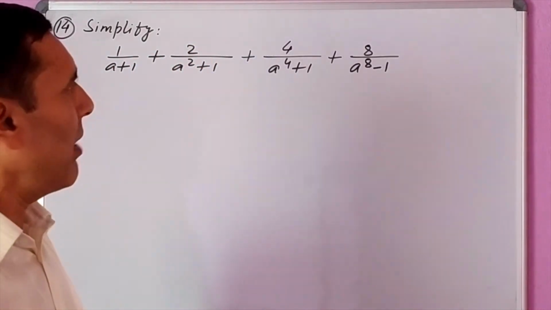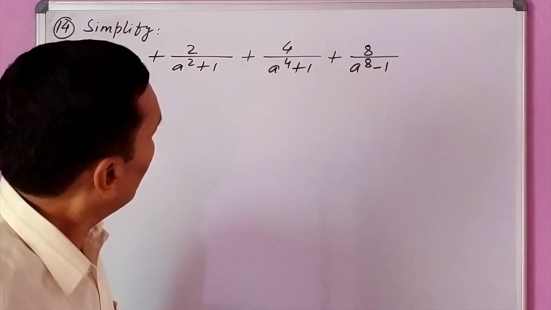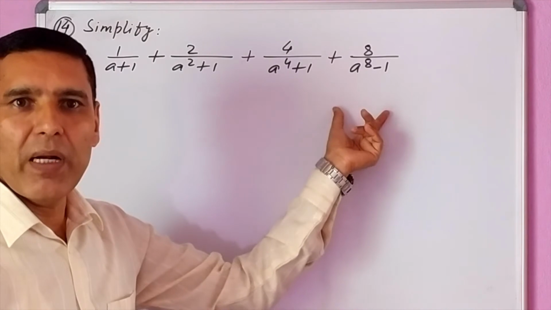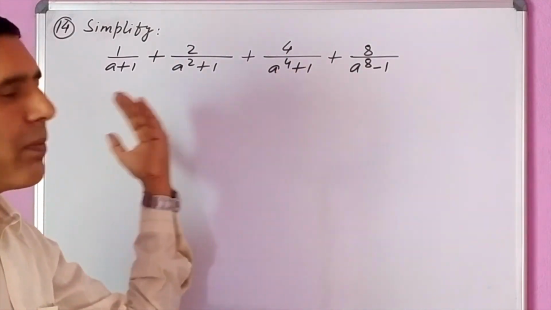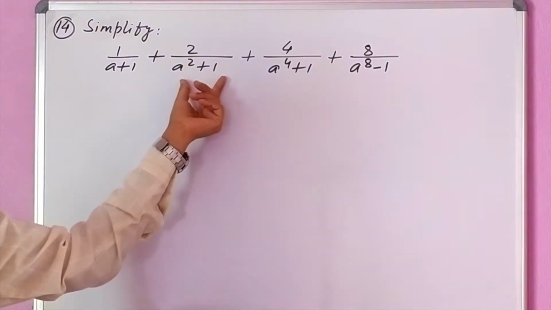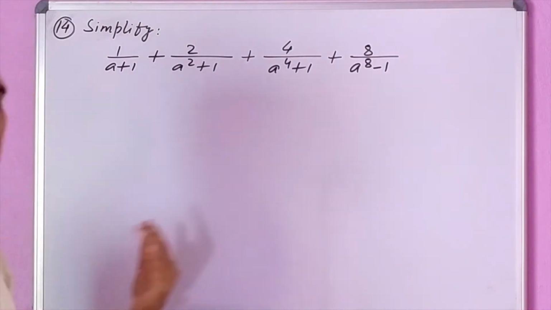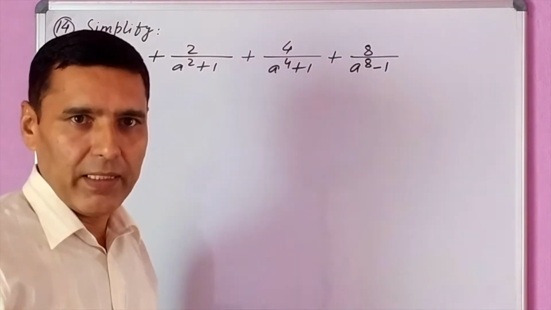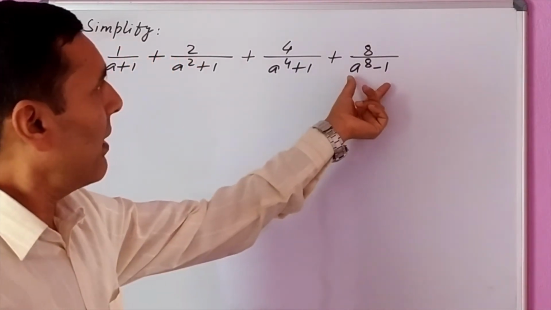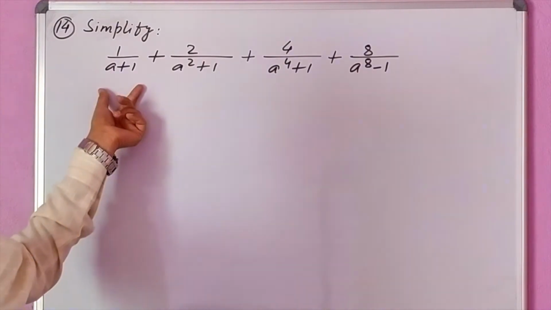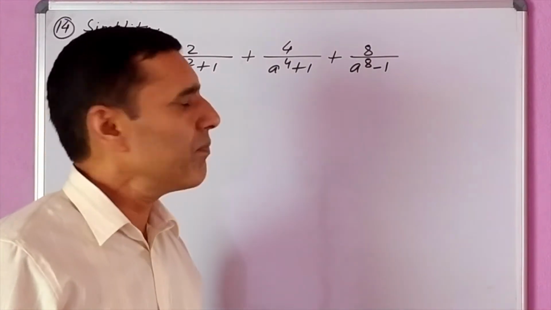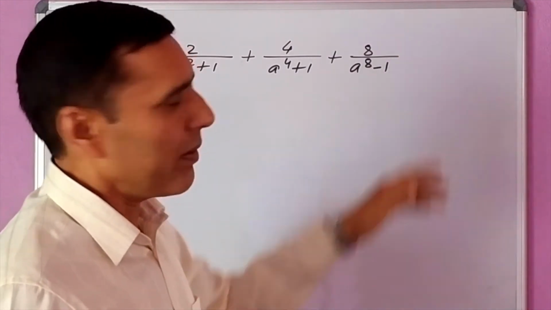We start our simplification from the same side. That means we factorize the last denominator and we start taking LCM from the last two terms, and what we get we combine with the second term and with the first term. In this way we come from the opposite direction there, because of the last denominator. It can be done by bringing this last term as first, making the last term the first term also, but it is not necessary. We can start from the last also.